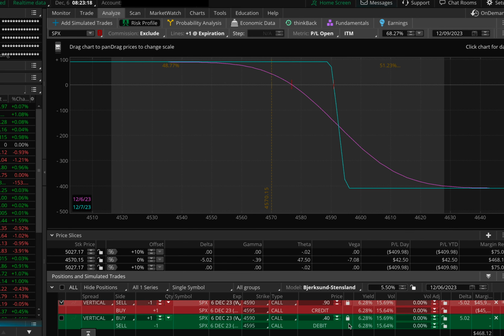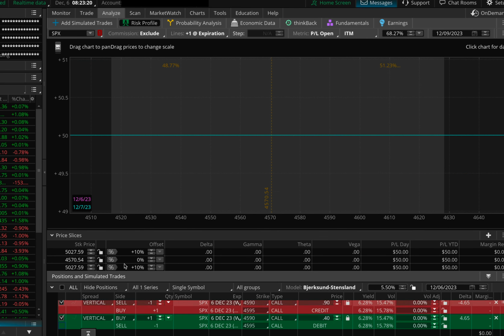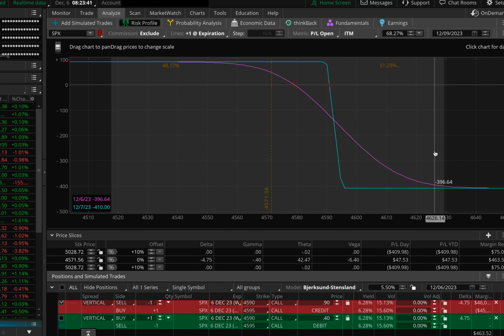Okay, so we got filled at this price here. So we're out. $50 profit. We made that in about, I'll figure it out later. We got in at about 7:33, I think, and it's 8:23. So just under an hour. $50. That's one contract. And not too shabby. So the return on that is, the risk on this trade was 41.10.